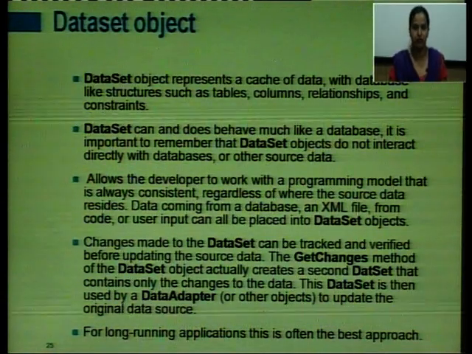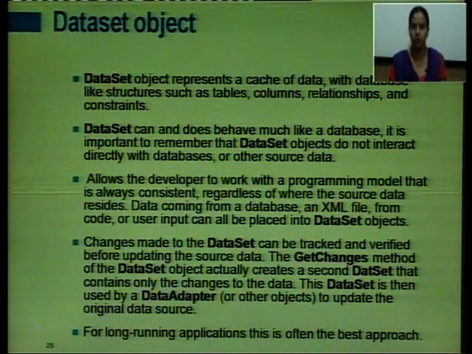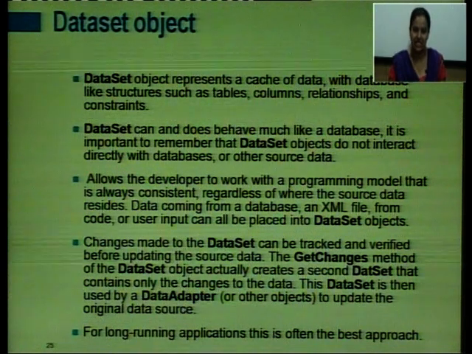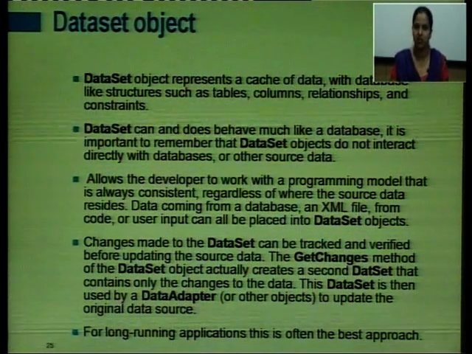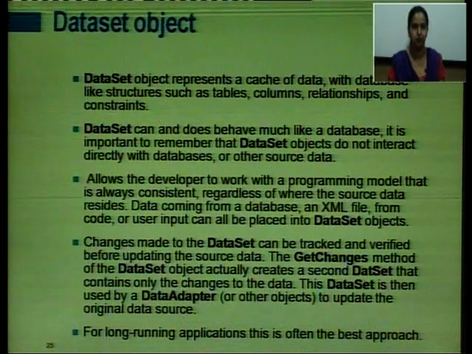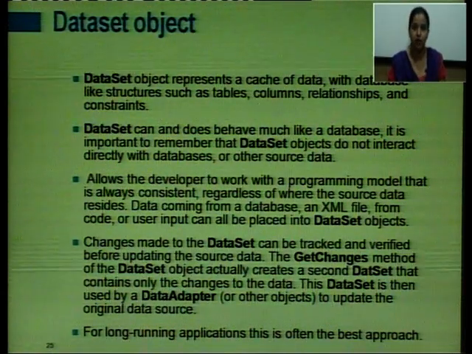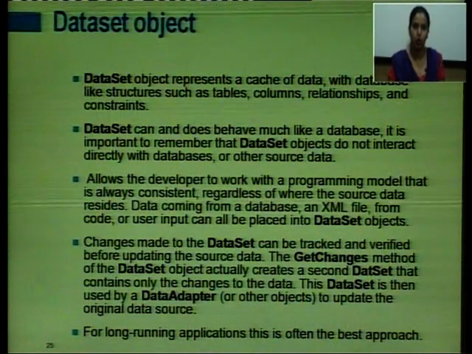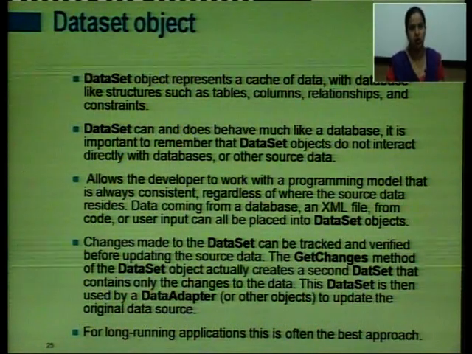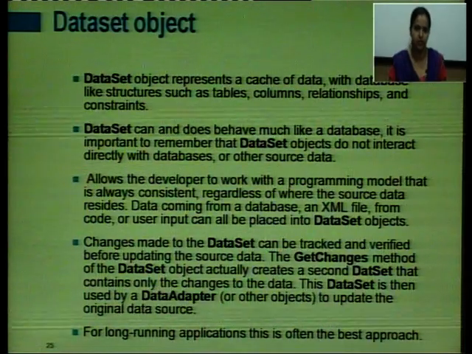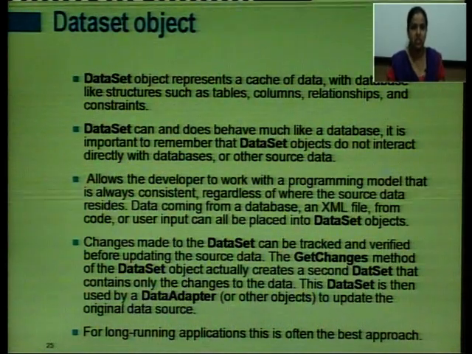It allows the developer to work with a programming model that is always consistent, regardless of where the source data resides. Data coming from a database, an XML file, from code or user input can all be placed into the DataSet objects. It makes the changes made